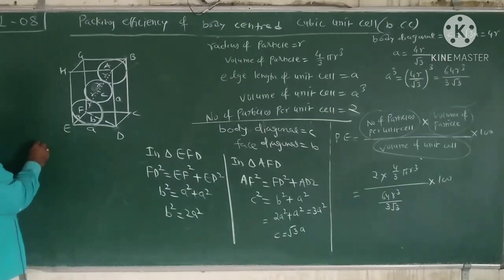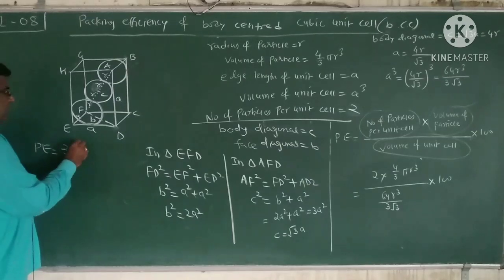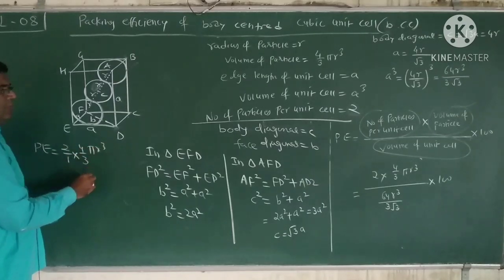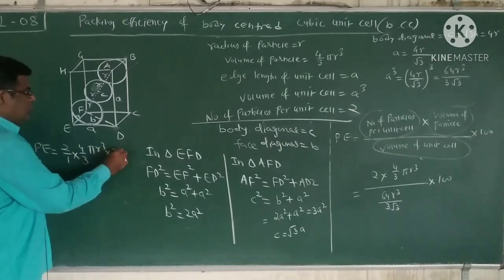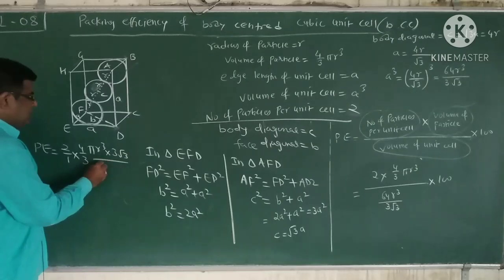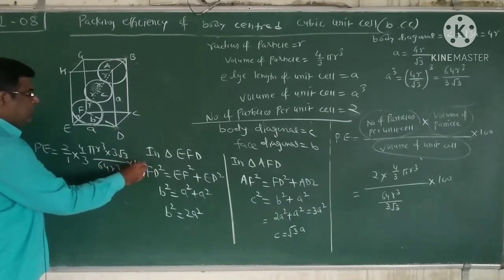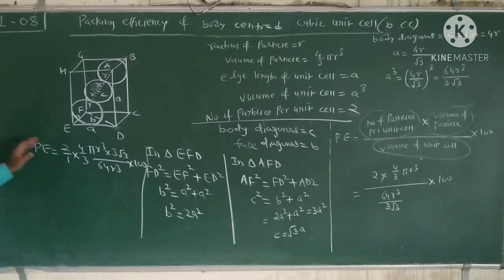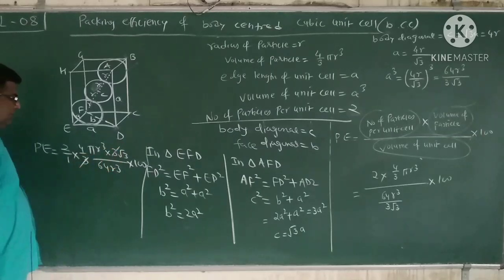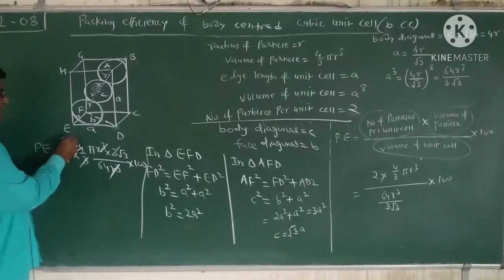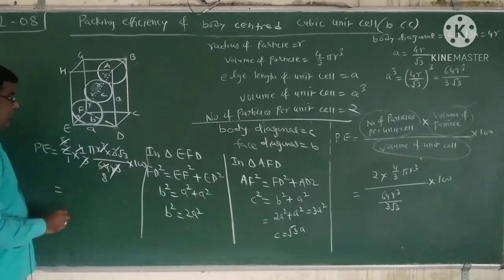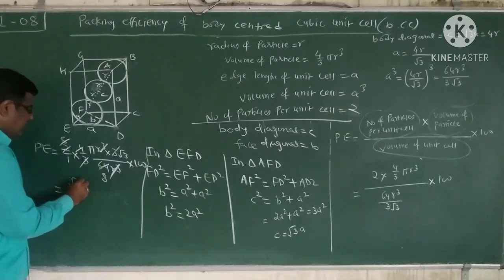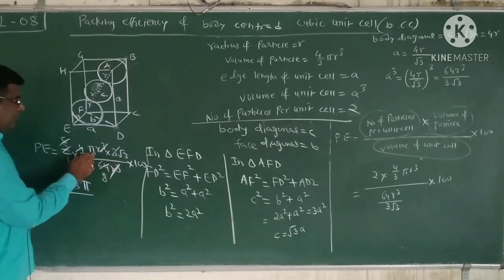So I write packing efficiency is equal to 2 divided by 1, 4 by 3 pi r cube into 3 root 3 divided by 64 r cube multiplied by 100. This 3 into root 3 I have taken in numerator. This 3 and this 3 cancel. R cube and R cube also get cancelled. 4 into 2 is 8. 8 8s are 64. So it is nothing but root 3 pi divided by 8